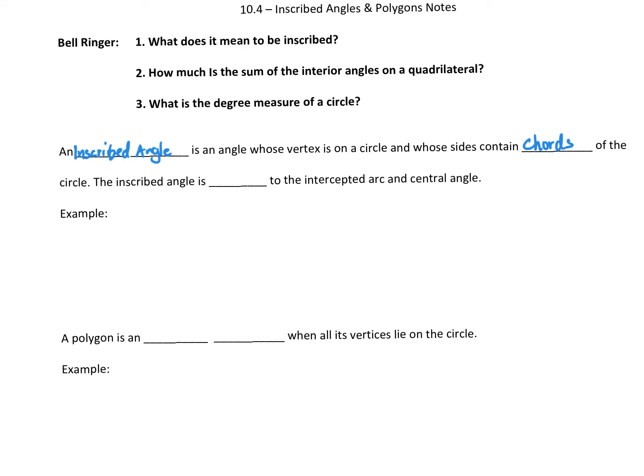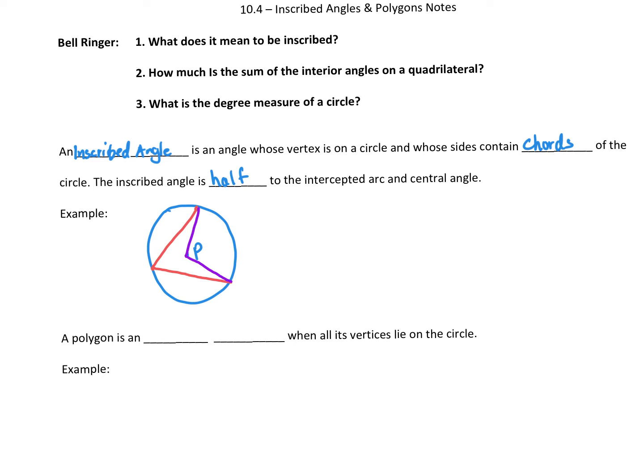of the circle. The inscribed angle is half to the intersecting arc and central angle. So what that means, if I drew a circle and had a point P, the inscribed angle is an angle that starts here, could touch anywhere, but each part of that angle has to touch the edge of the circle. And with that angle,